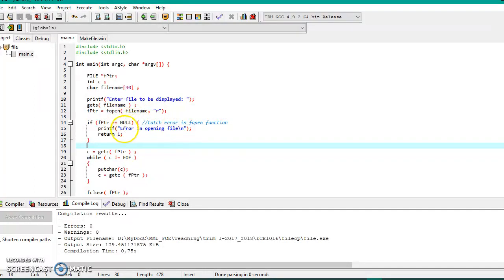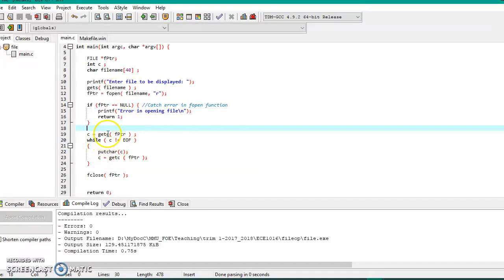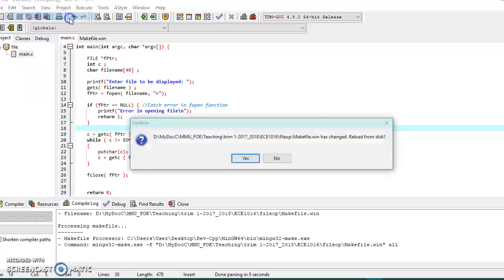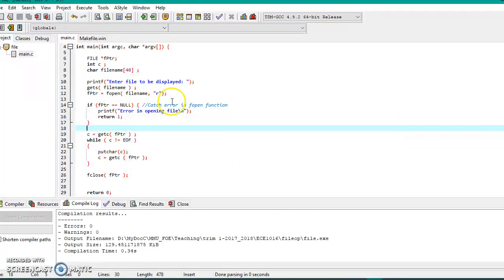Then we use c equals getc fptr, while c is not end of file, we put the character, whatever the content of the file, onto the screen. Then go to the next character. So if we execute this source code